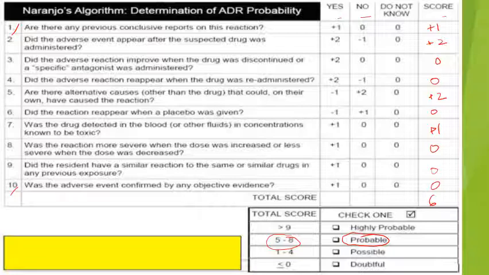With the little information we had, we were aware of very little. We did not do many clinical tests. We did not test the drug by increasing the dose, by decreasing the dose, or by giving a placebo. With all that little information, we still landed on the answer that it is a probable adverse drug reaction. Imagine if we had gone through all the steps, where we could have administered a specific antagonist or discontinued the drug, we would have had a better chance of knowing. But still we have landed on probable.